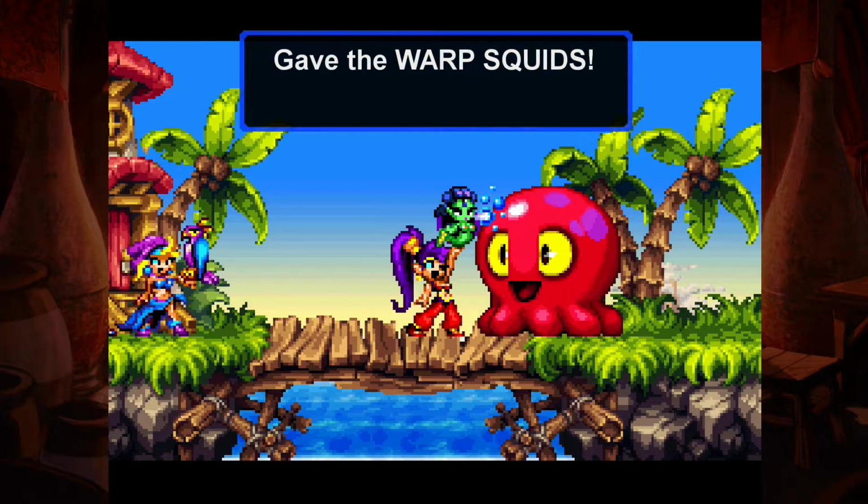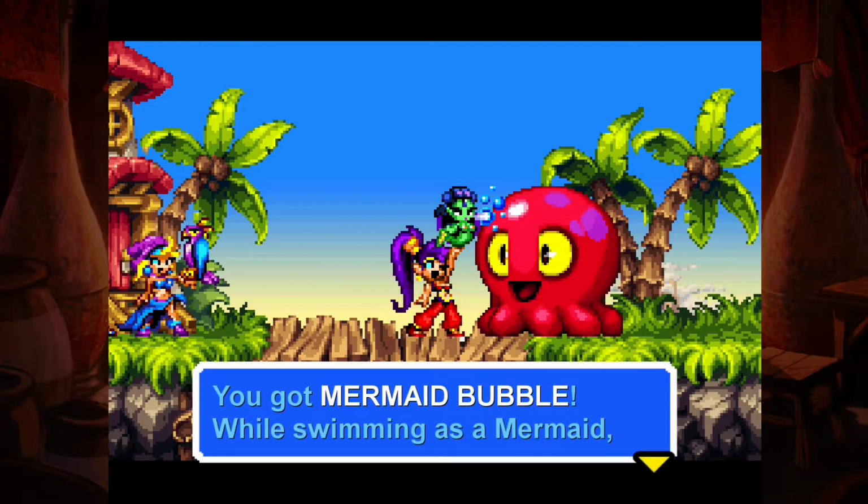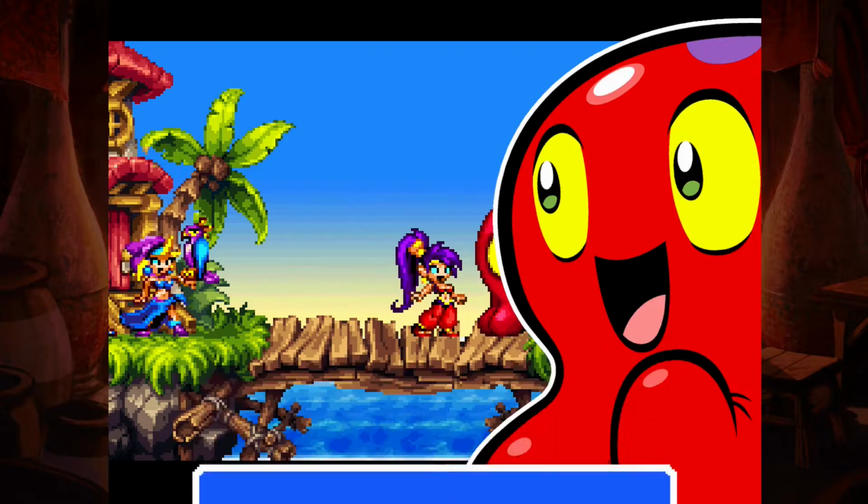I return to Squid Baron and hand them over. In return I get the mermaid bubble artifact so I can finally attack underwater and break those statues. He also tells me that the secret passage to Risky's hideout is on the east of the first Mermaid Cliff